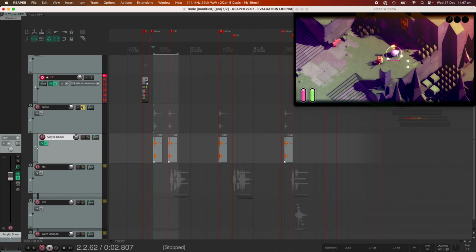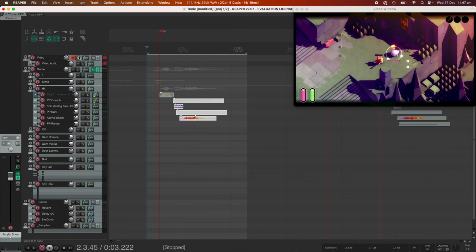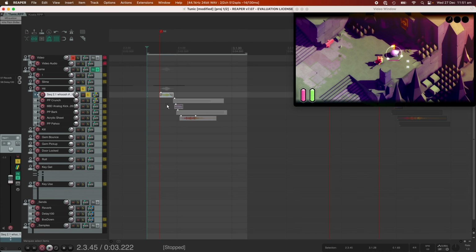All right, next is you attacking the slime. Here is their version, and here is mine. It feels like you're hitting a slime, so I'm happy with it. So I'll go through the layers here. Firstly, the swing,